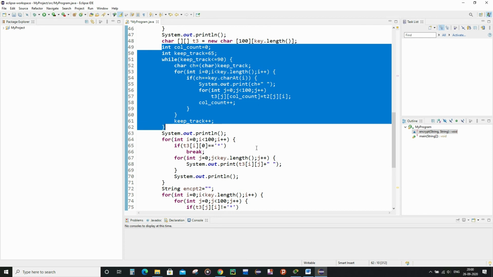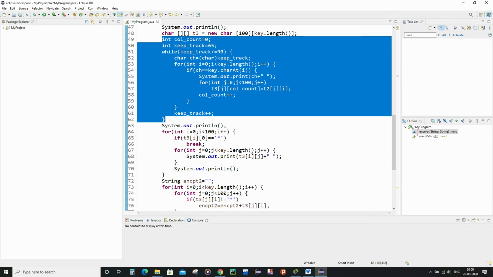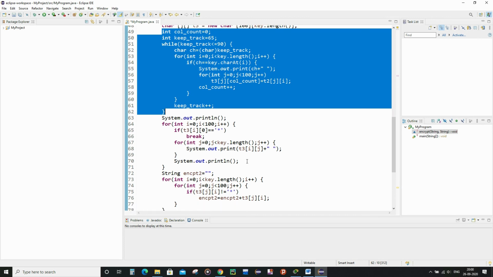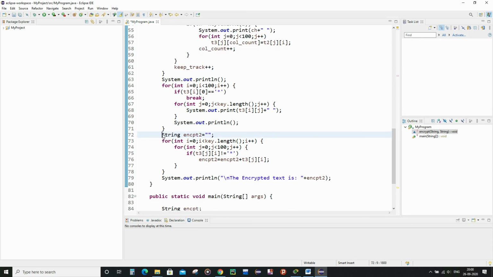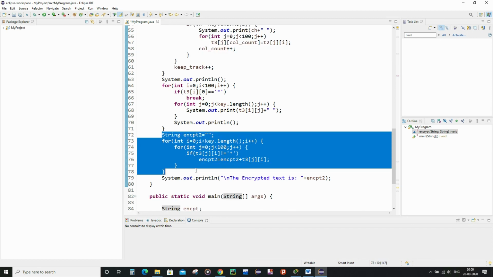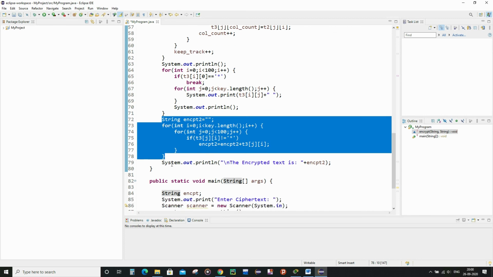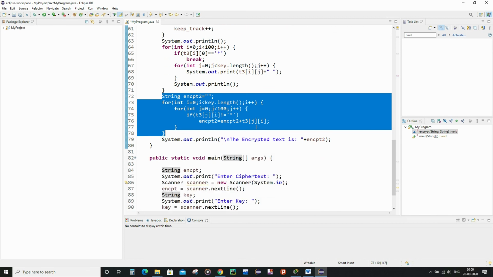For example, inside German we have the first alphabetical letter as A. So under A, whatever column we have, we are going to print all the elements of that column from top to bottom, and after that we go to the next line and print all the remaining columns. This code here is going to print that, and after that we are going to print the encrypted text.